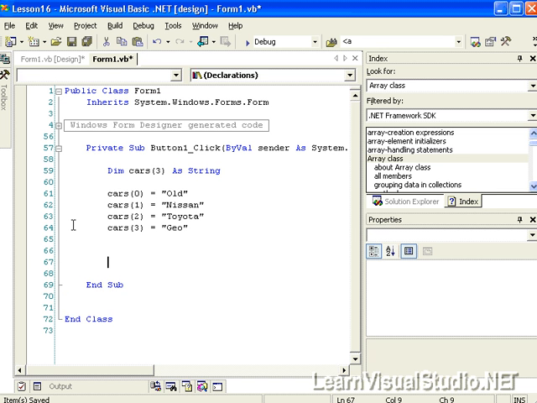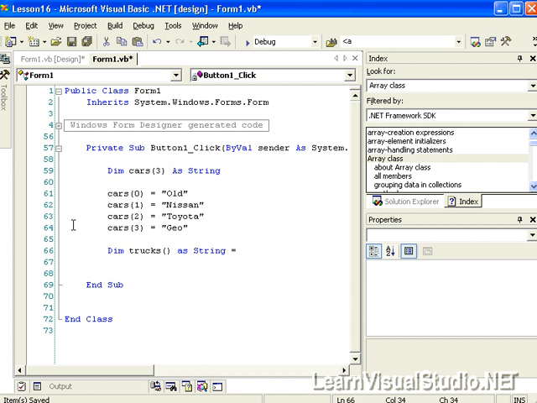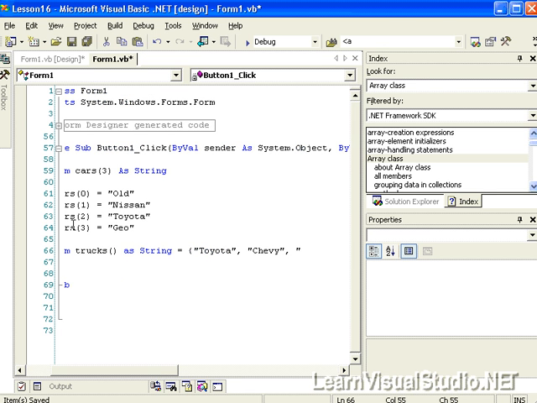There's also another way to create arrays. I'll create one called trucks. I'll do an open and close parenthesis as string equals open curly brace. Then we'll put, let's say, Toyota and Chevy, and maybe one more. What pops to mind? Well, I know Nissan makes trucks too. Okay, and so we have a 3